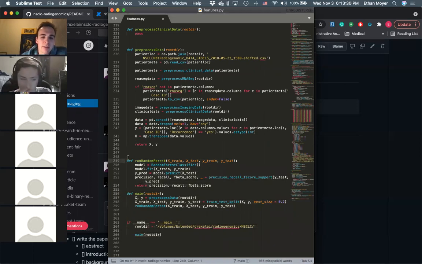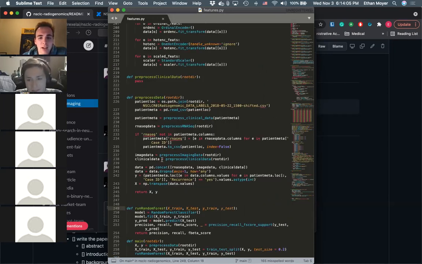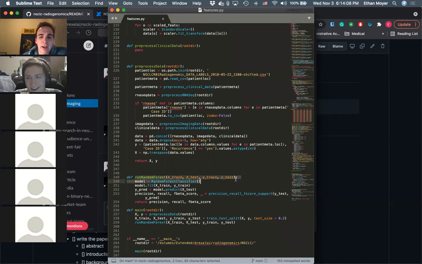And then I implemented one basic function, which is just the run to random forest. And I actually tested this on just the genomic features, so the RNA sequencing data. After I removed the non-variable features, the model was basically worse than a coin flip. So I wouldn't worry about that. But I think when we have that with other features, maybe it'll perform better. So it got very low accuracy. Is that right? Yeah, I think it wasn't necessarily that it was low accuracy. It was just, I think in the training set, I only had